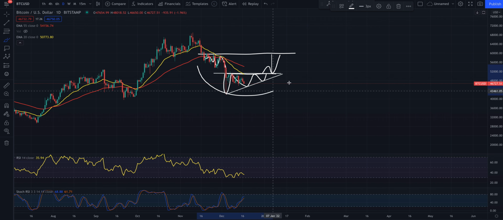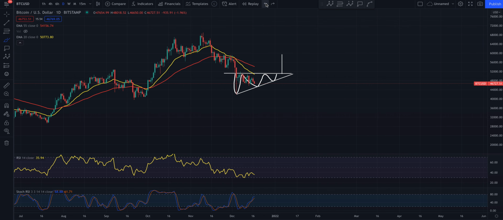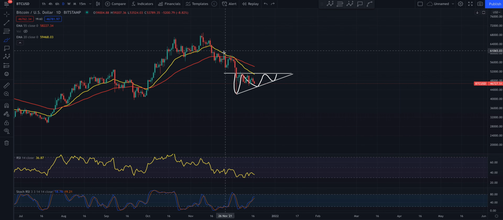That's what happens. If you find support, you come back up to the previous levels of contact where you fell from. So this was a resistance, fell to it. Support, resistance, lost it. Resistance, support, resistance, support. It's a game of resistance and support, basically. But that's what you want to see happen. If you do start reversing here and create higher lows, you always come back up to the points of contact that you fell from. And that's what you do in retracement. So that would be your technical target.